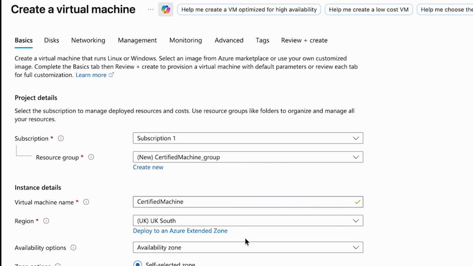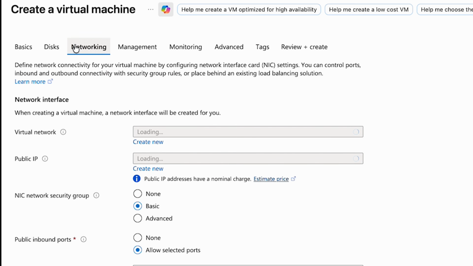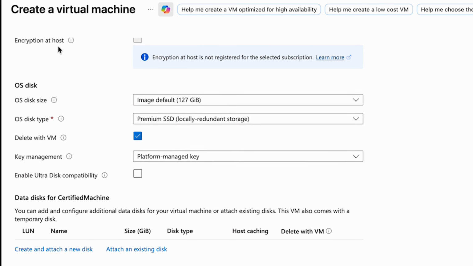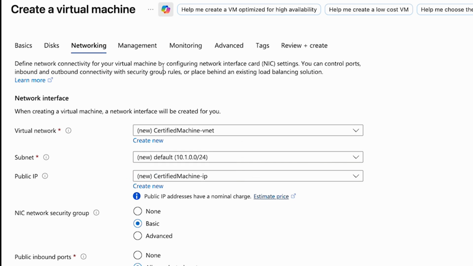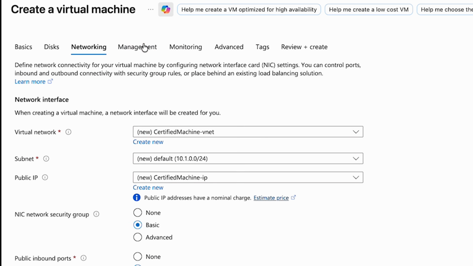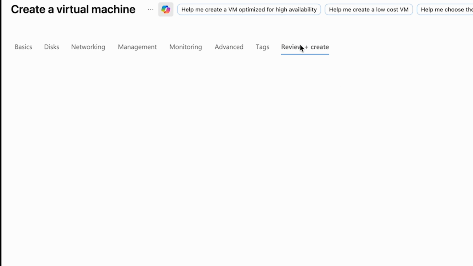Once all that is selected, you can go through disks and networking, and for this, there is not going to be much to change. You can play around with this stuff, add more disks. In terms of networking, if you have a pre-existing virtual network already, you can add the machine to that virtual network, but we're not going to do any of that, and we're just going to skip through all the way to review